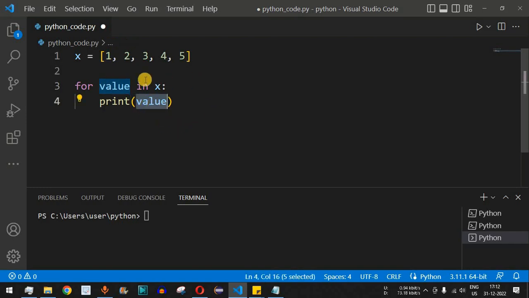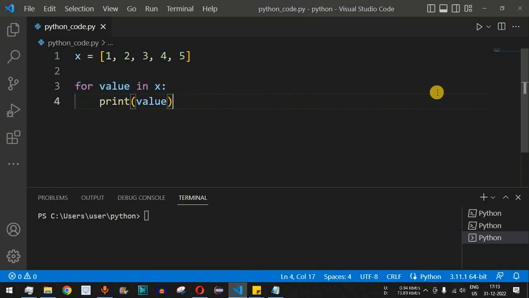and then the control flow will go back again in the sequence that is x. It will check whether there is a next element or not. So 2 will get printed, and then again 3, and then 4, and then 5, and then after this, when the control flow comes over here, it sees that there is no other element after this fifth element. So the control flow will come out of this for loop, and then the other lines of code after this for loop will get executed.